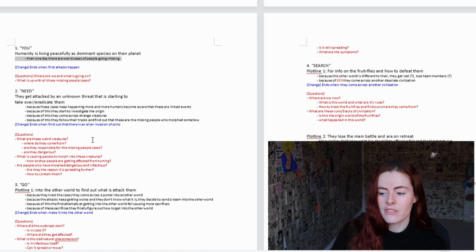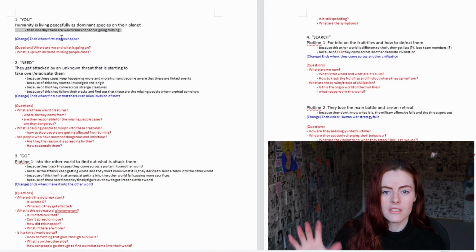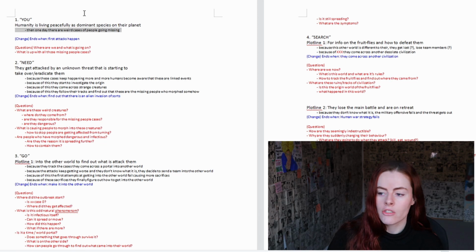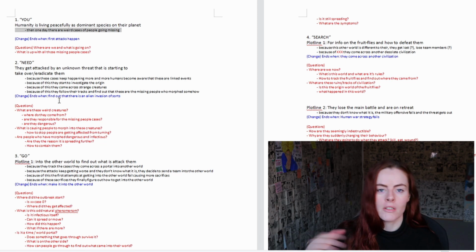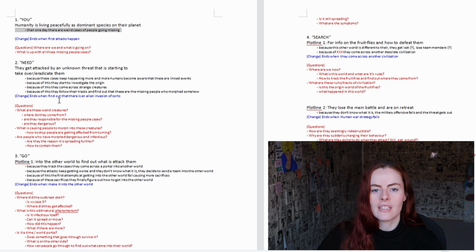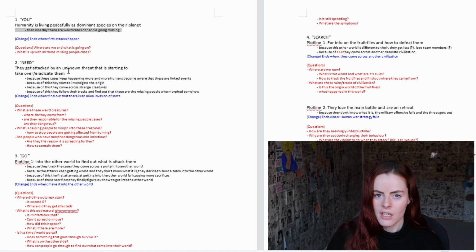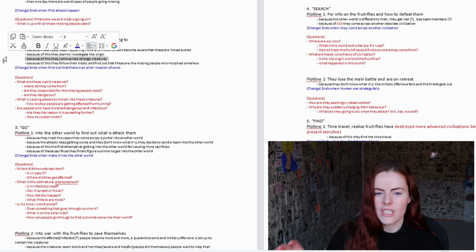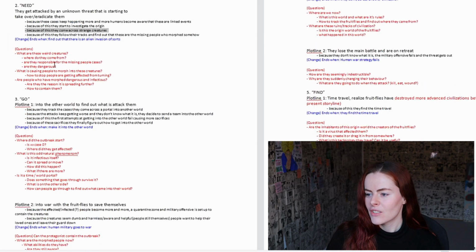So what I did is I tried to get more details on the plot by using this whole Pixar method of basically having a starting situation, and then one day something happened. And then for each of the following points, basically going, and because of that, this happened, and because of that, that happened. That was pretty hard to do. I didn't really get that much deeper into the story. I tried to tie into it, but the problem is that I don't really know what the fruit flies, the creature, the threats are, if you don't get that reference.